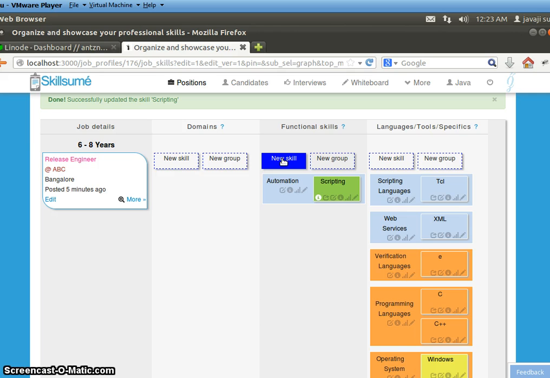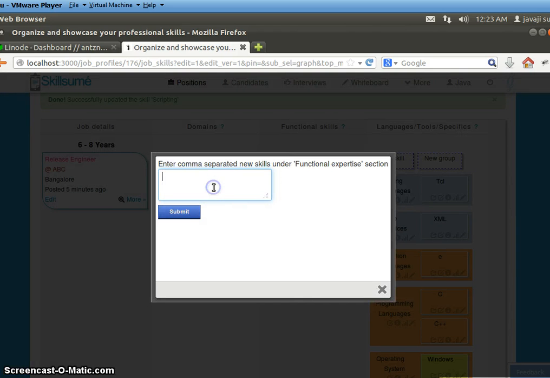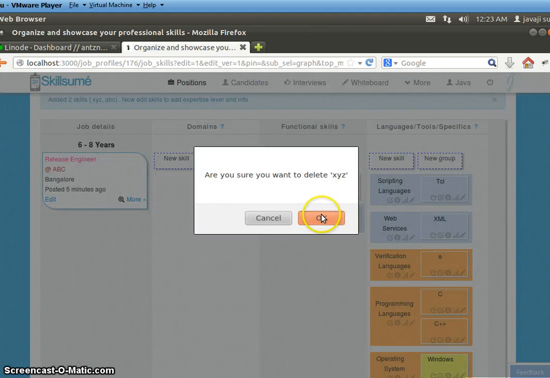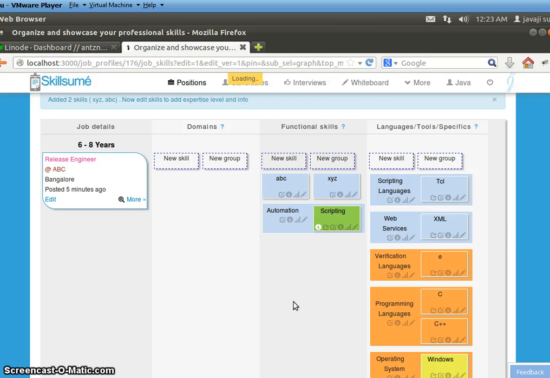And if you want to add a new skill, you click here and add comma separated skills here. You'll see that two more skills have appeared here. If you don't want any skill, you can just delete those skill from the skill pane. It will go off, and again you can add change any properties of the new skill. Now let us create this job zoom for one of the E4Use evaluation sheet.